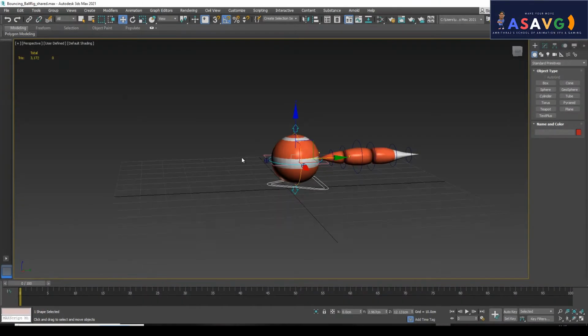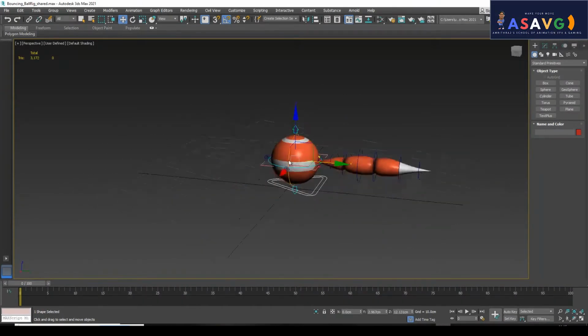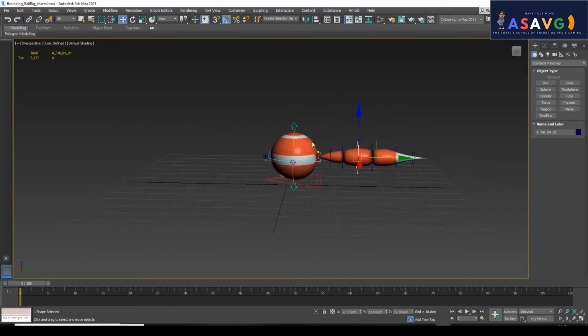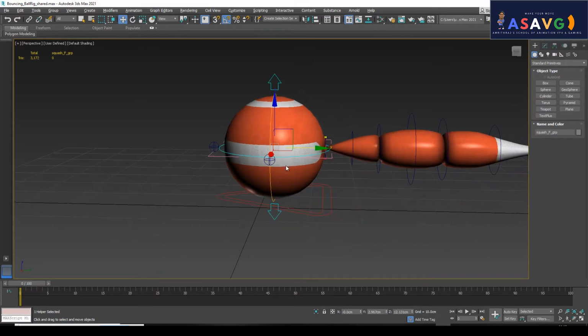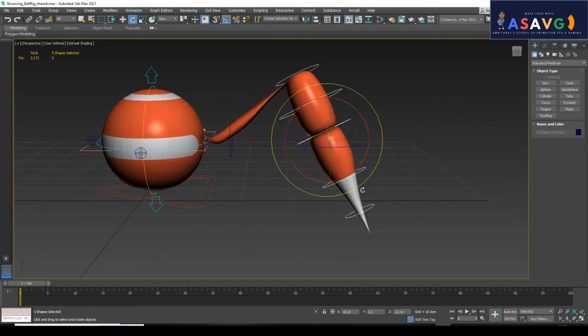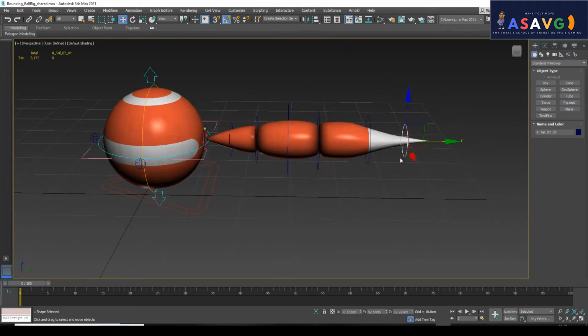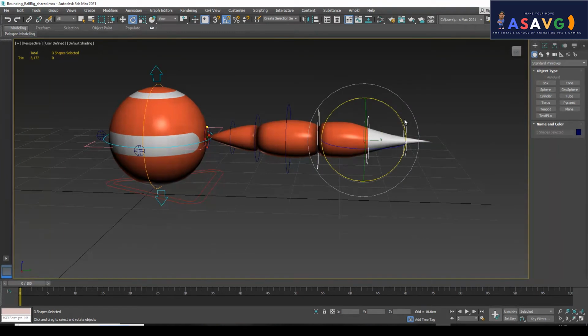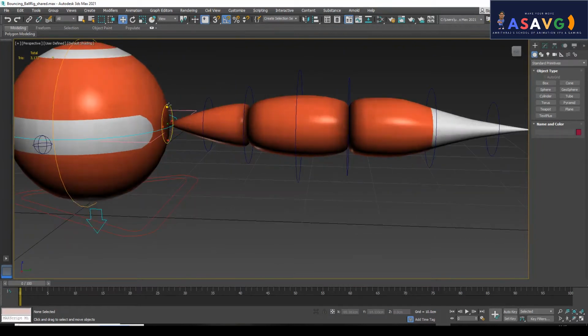So in today's class we are going to discuss the tail follow through. In the previous class we didn't use the tail, we only used the body part. Today we are going to discuss the tail follow through also. The tail has this many controls, so if you want you can use only these two controls, or you can use these controls also, or you can use all the controls. Click here and use this control also.